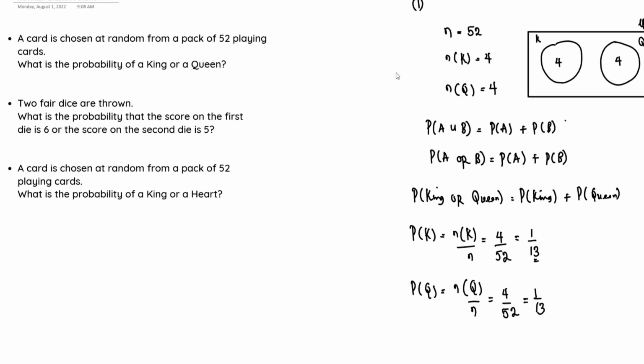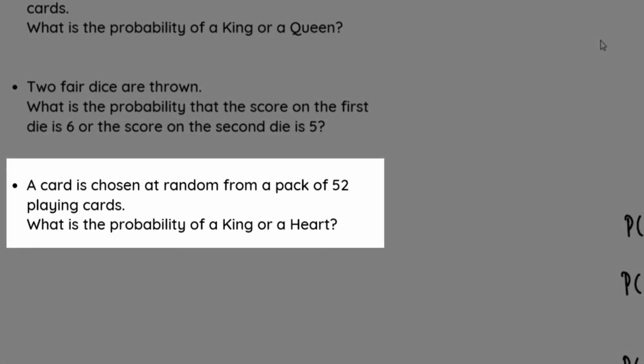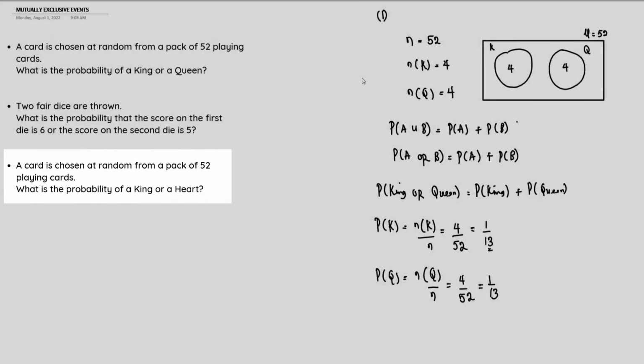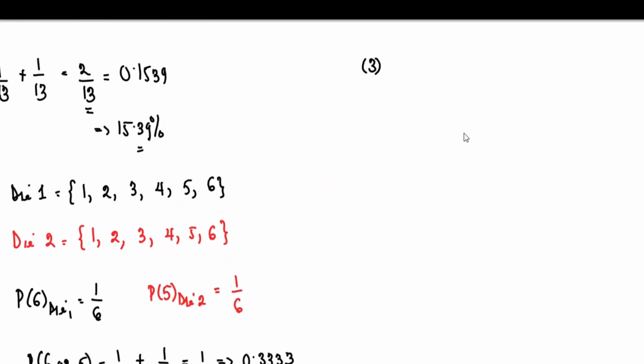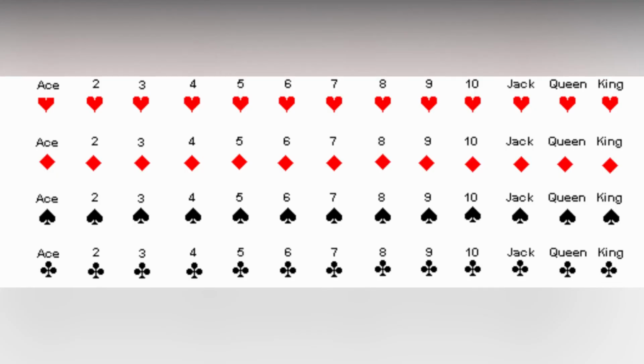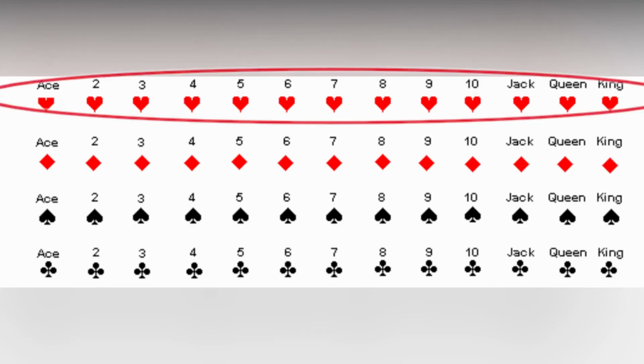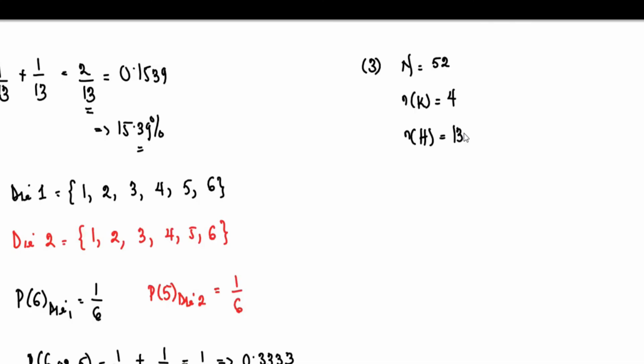So the third question says that a card is chosen at random from a pack of 52 playing cards. So what is the probability of a king or a heart? So there's the third question right here. So the standard playing card deck contains a total of 52 playing cards. So the number of kings in a standard deck is actually equal to 4, and the number of hearts in a standard deck is actually equal to 13. So the probability of picking